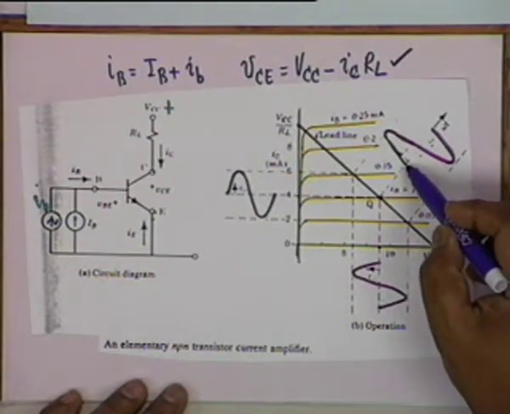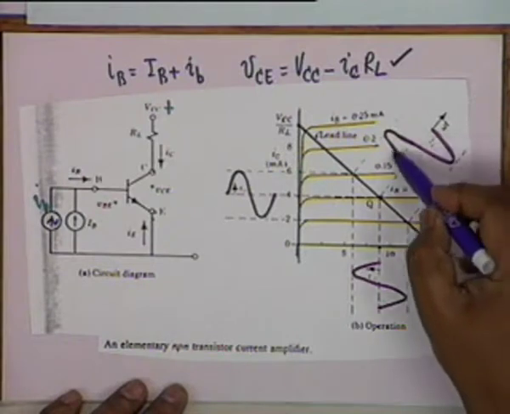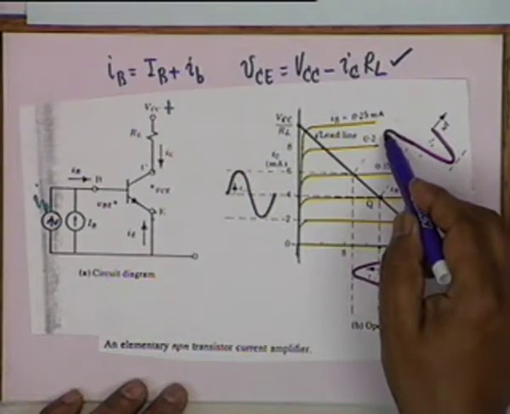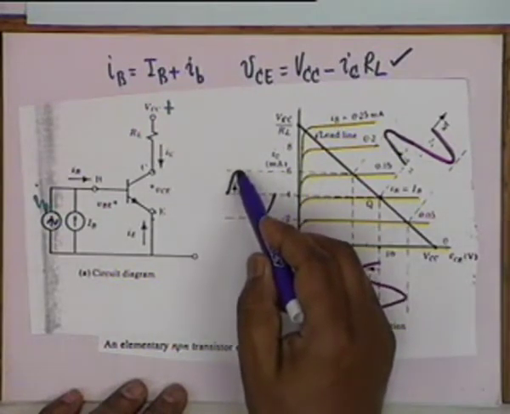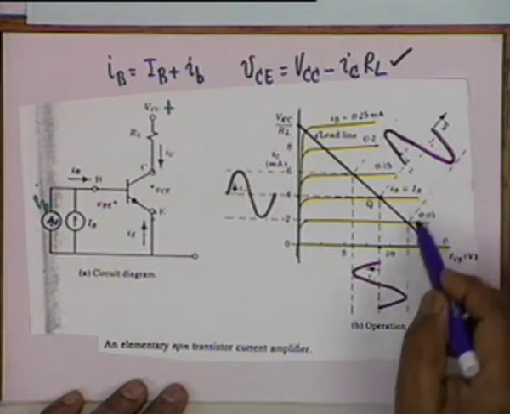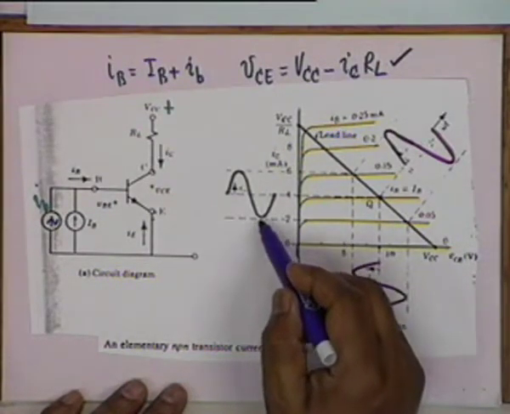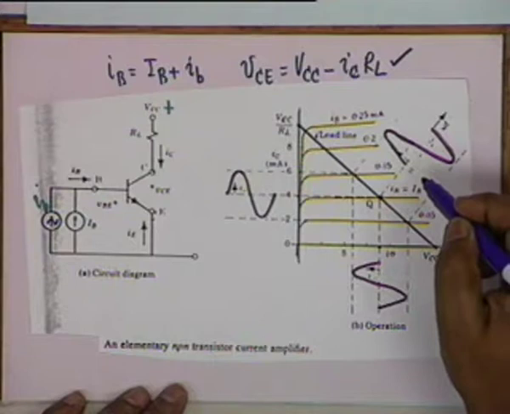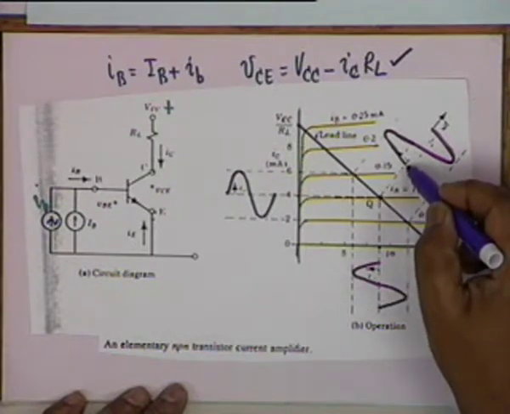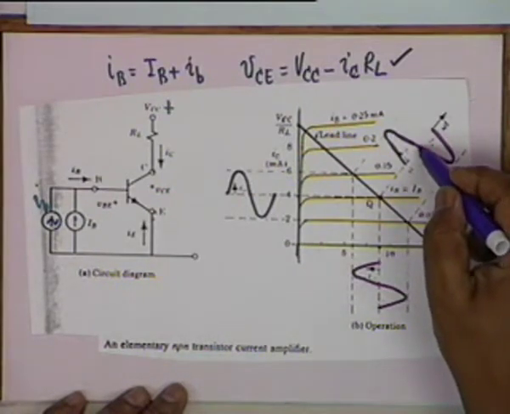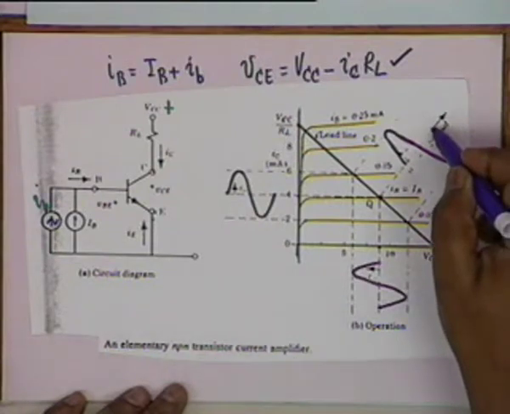So when the base current fluctuates like this, when it goes through one complete cycle, what happens to the collector current? At the peak of the base current, the collector current reaches the value 6 milliampere. At the trough or the minimum of the base current, which corresponds to 0.05, the collector current is 2 milliampere, and therefore as the base current varies from 0.1 to 0.15, comes back to 0.1, goes back to 0.05, and then again comes back to 0.1.